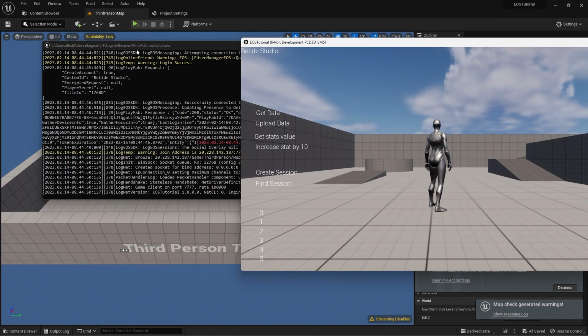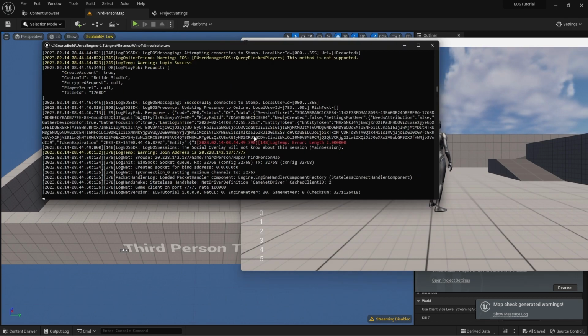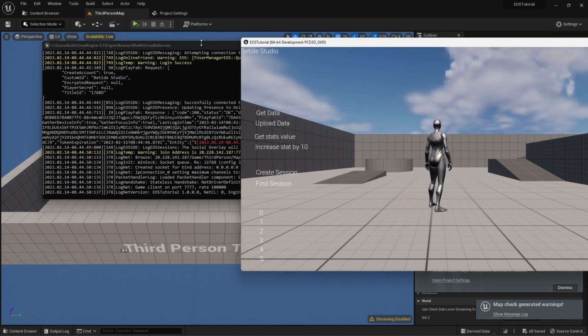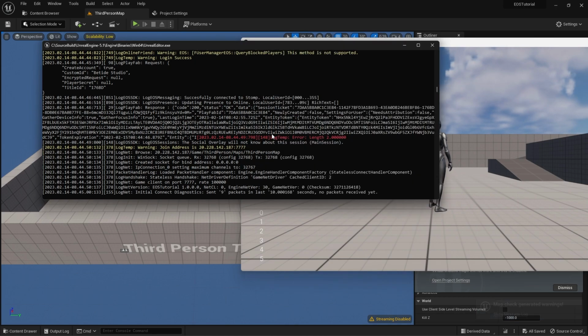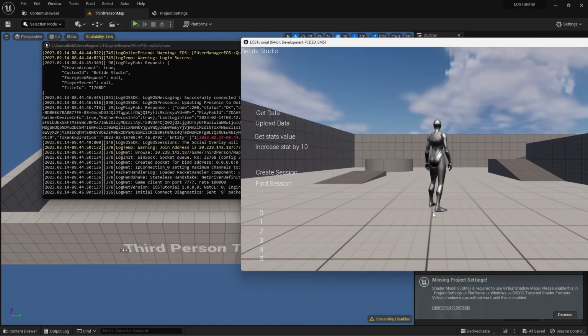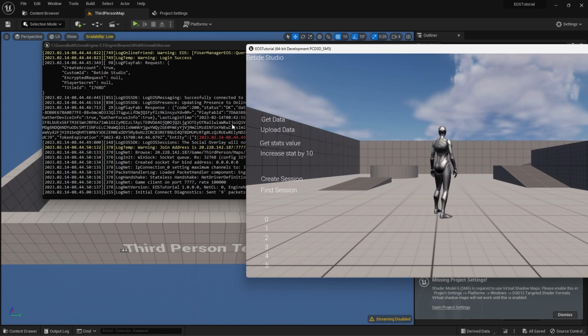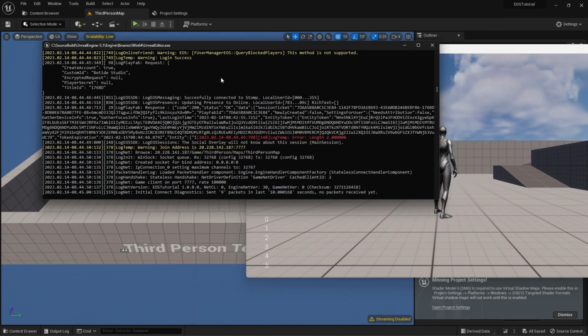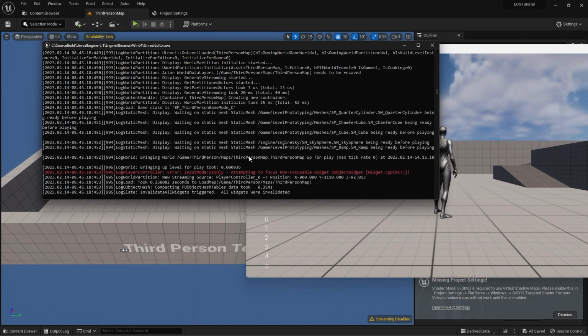Find session. Okay, it did work. It did work. Something length. Okay, so the length got corrected. Join address also came out to be correct. Let's copy this, and